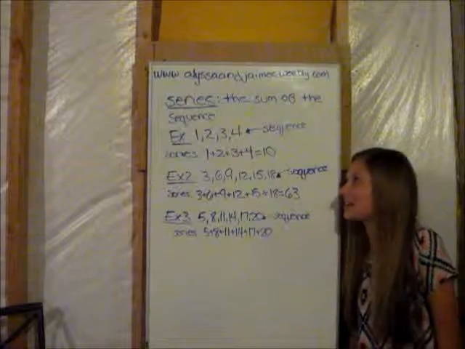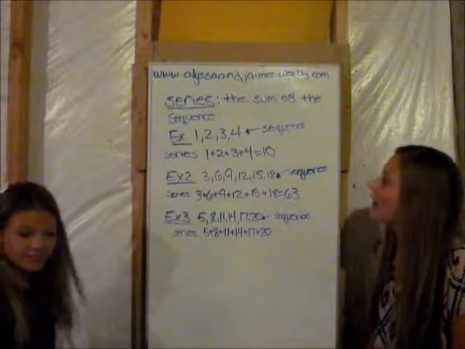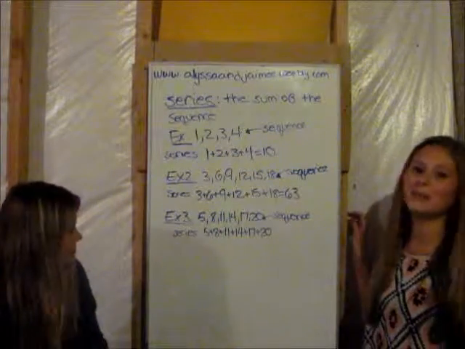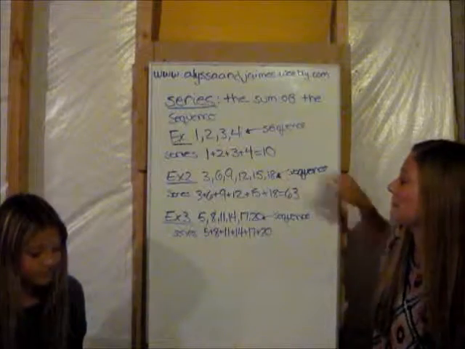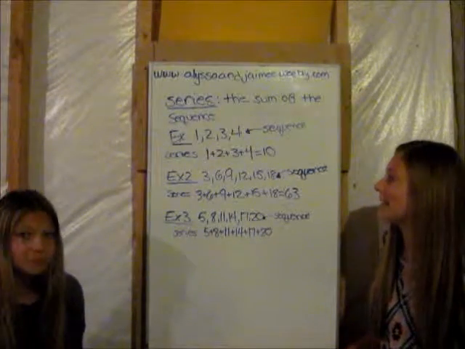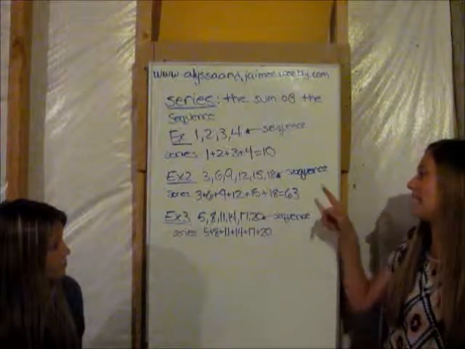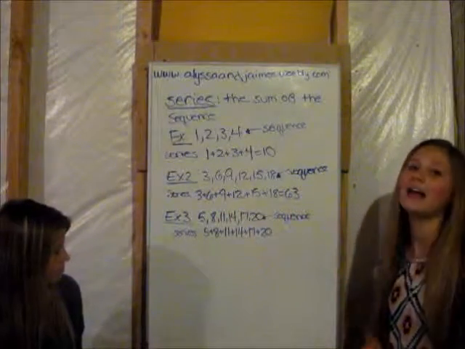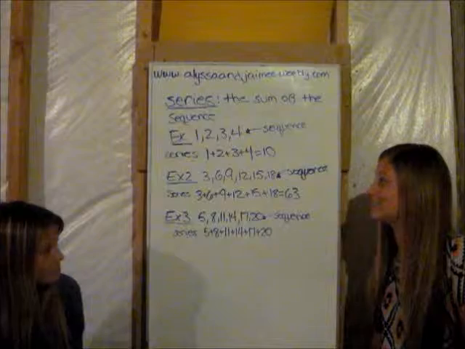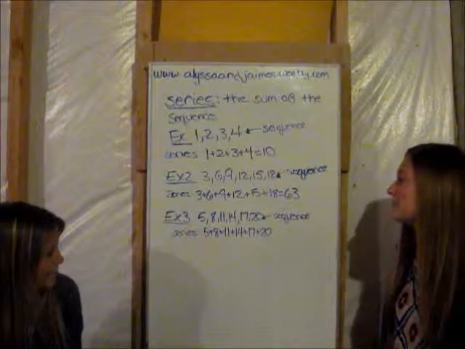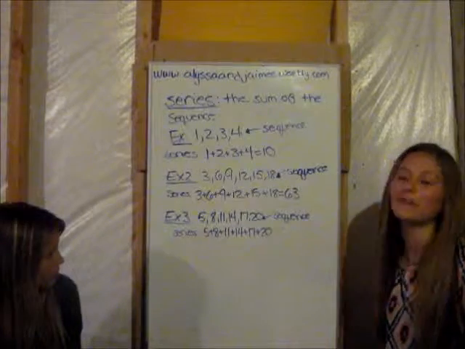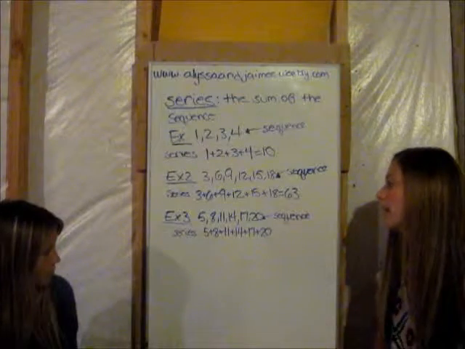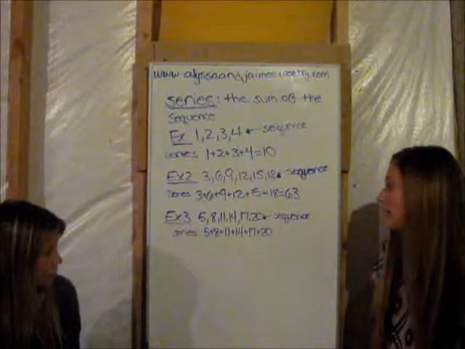Next, we're going to learn about series. A series is the sum of the sequence. For example, the sequence is 1, 2, 3, and 4. The series of that is 1 plus 2 plus 3 plus 4, which is equal to 10. Another example is the sequence 3, 6, 9, 12, 15, and 18. The series is 3 plus 6 plus 9 plus 12 plus 15 plus 18, and that is equal to 63. The next example is the sequence 5, 8, 11, 14, 17, and 20. And the series is 5 plus 8 plus 11 plus 14 plus 17 plus 20,